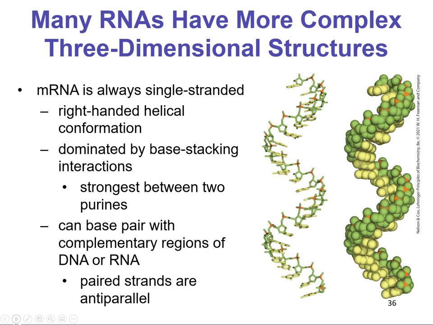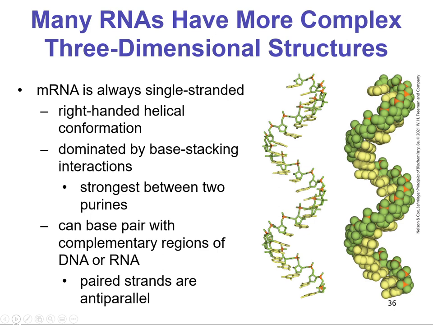mRNA is always single-stranded. Okay, it's got some other business to do with the ribosome, and it needs to be available to interact with the ribosome and those tRNAs that are bringing in the amino acids. So it doesn't have time for another strand. Okay, it's got enough relationships. It doesn't need the relationship of another RNA strand too. It forms its own right-handed helix,